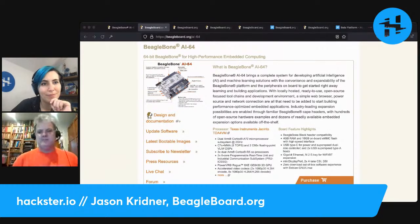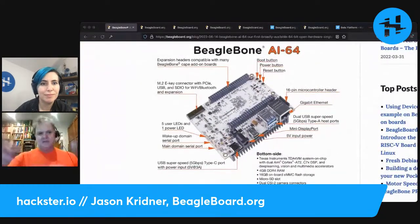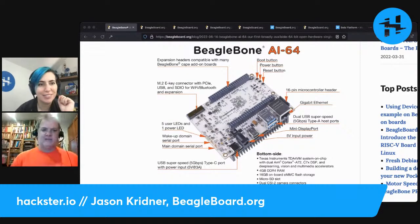Not a lot of people need that much more performance, but what the BeagleBones can do for you is not just give you reasonable Linux performance that meets your needs to deal with high level languages, deal with the internet, deal with all the things that Linux gives you, but it's got these microcontrollers in there for doing ultra low latency stuff that you can't do with anything else. Like the fastest microcontrollers out there can't keep up with the microcontrollers on the